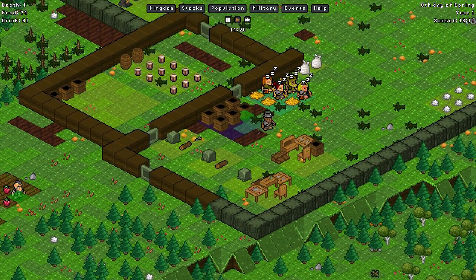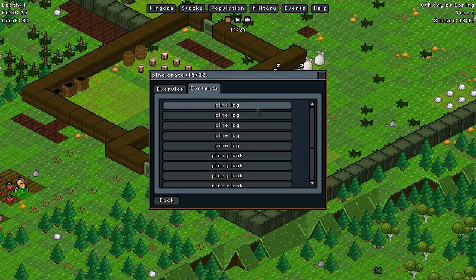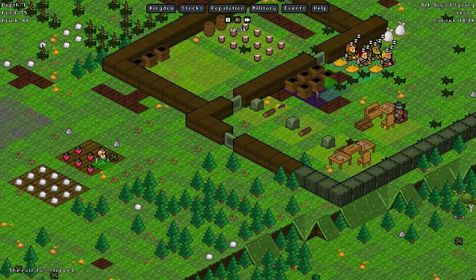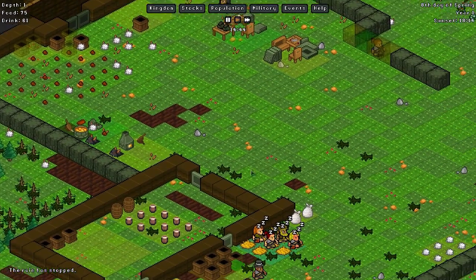And now we can see someone actually transporting stuff into here. Not sure what. Oh, that would be the logs and the planks and also the sticks, because that's where everything goes in there. We can actually see the logs are being cleaned up from all of our areas here, so we can go ahead